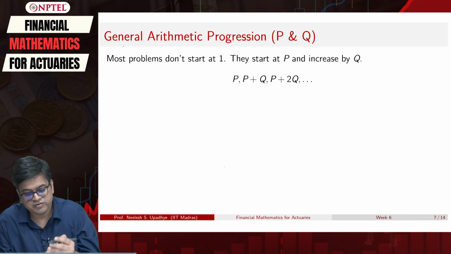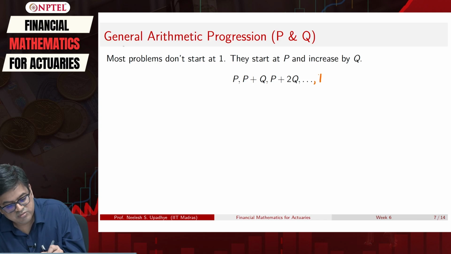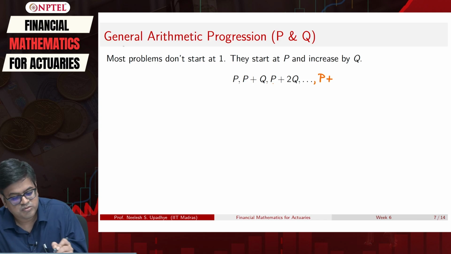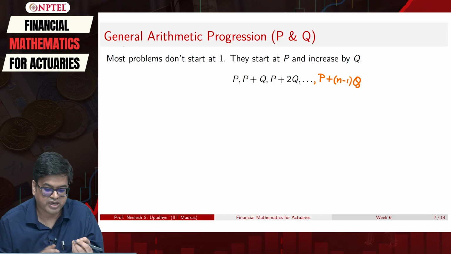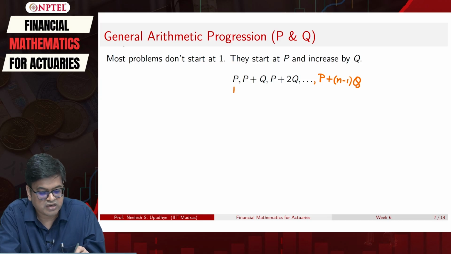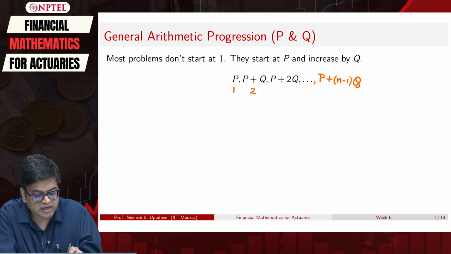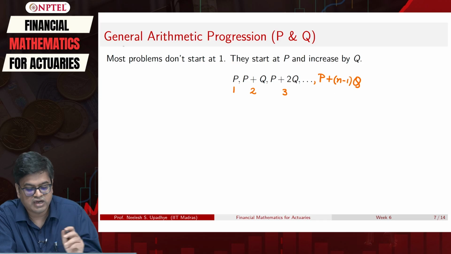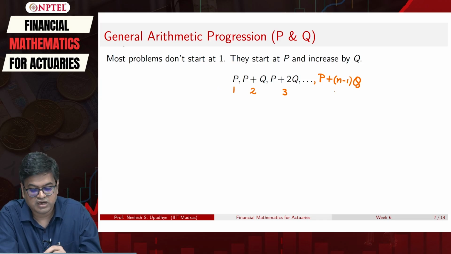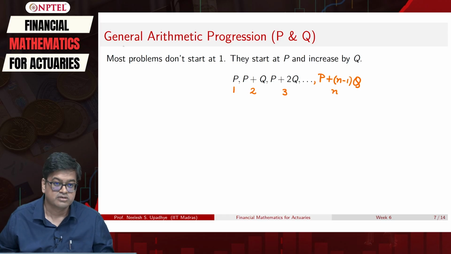So now if I am working for n periods, P will always be there, but how many times will this increase? It will increase with n minus 1 times Q. How am I coming to this conclusion? At time 1 I got 0 increase, at time point 2 I got 2 minus 1, which is 1 increase, at time point 3 I got 3 minus 1, which is an increase of 2, and so on and so forth. So at the nth time period I got this increase. This is very important. Okay.